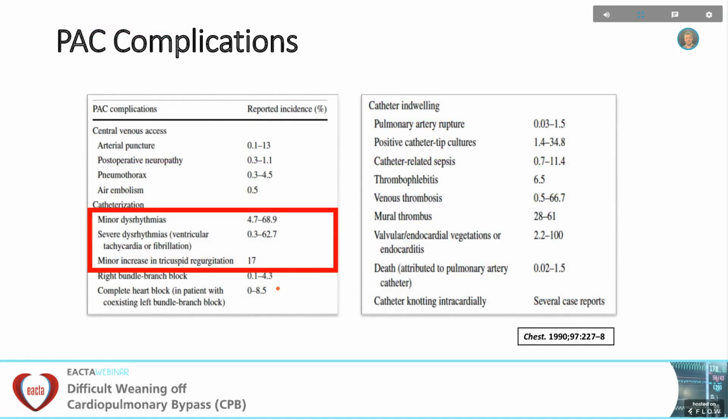It's subject to complications, the majority from dysrhythmias, and nowadays we have the indication to use the pulmonary artery catheter in severely compromised patients with low ejection fraction or restrictive diastolic